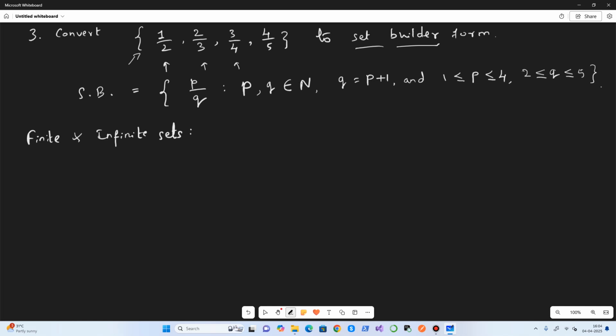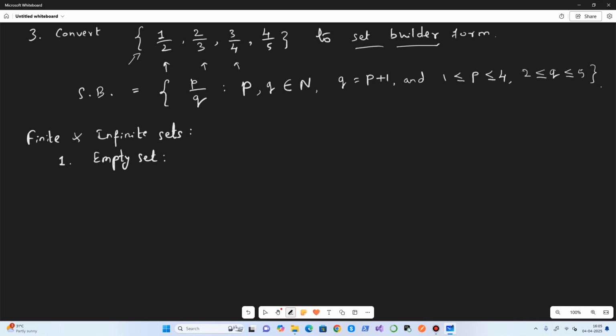Before even that, let's first try to understand some common sets that we use. Before finite and infinite sets, let's understand what we mean by the empty set.